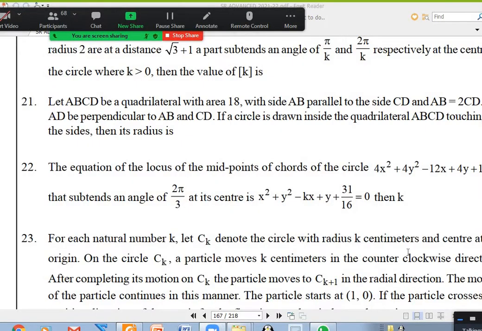x square plus y square minus kx plus y. Okay. In fact, if it is k, I don't need all this. You know why? Why should I bother about the constant? I know they are concentric circles. That is sufficient, it tells me that k will be 3 only. So I don't need to do all this. It's a waste of time. I know it's a concentric circle. The x term and y term don't change. So directly k equal to 3 I can tell because they gave minus k. So k will be 3. If you want to compare this answer with x square plus y square minus kx plus y plus 31 by 16 equal to 0.